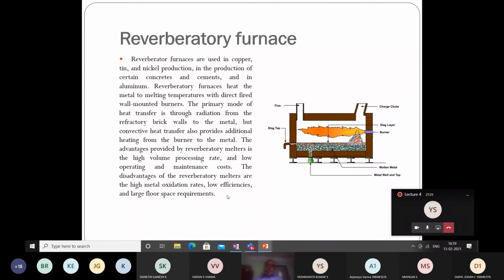Efficiency is not very good, and fuel wastage will be there, because the flame is open like this. Whereas in the cupola the combustion is complete and the efficiency will be more than 90%. Here the thermal efficiency will not be good, because so much heat is being wasted. And since it is horizontal, whereas the cupola is vertical with a height of 5 or 6 meters and a diameter of only 2 meters, here the space restriction is a problem. So these are some of the disadvantages. But of course, the advantage of the reverberatory furnace is that the volume processing is very high, whereas the cost is very less. So that is about the reverberatory furnace.